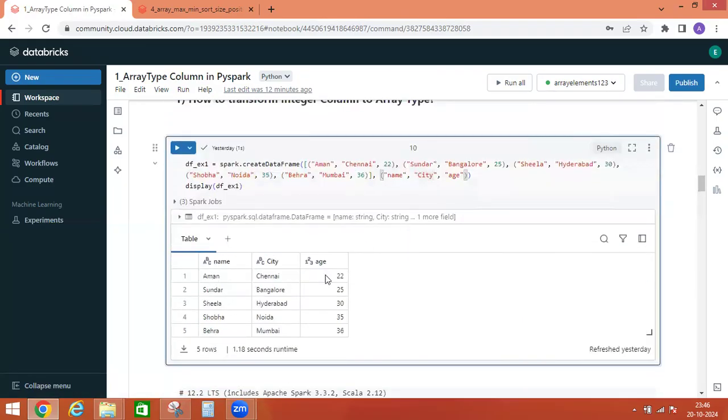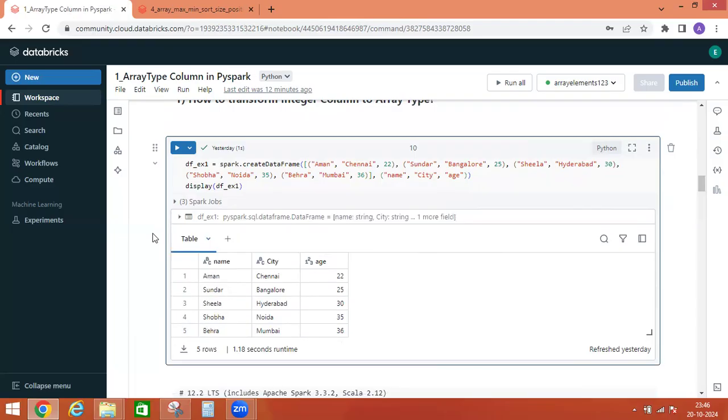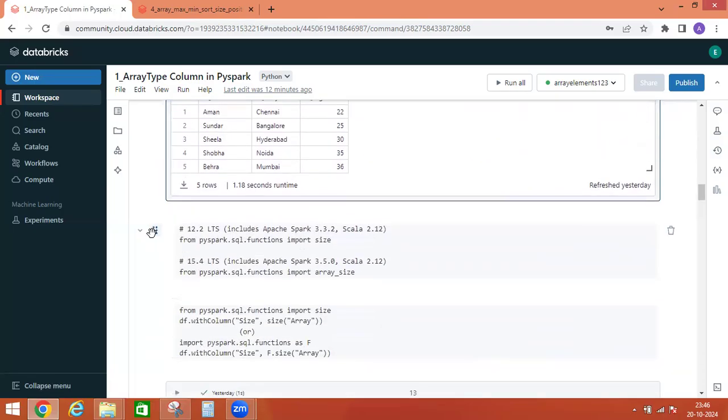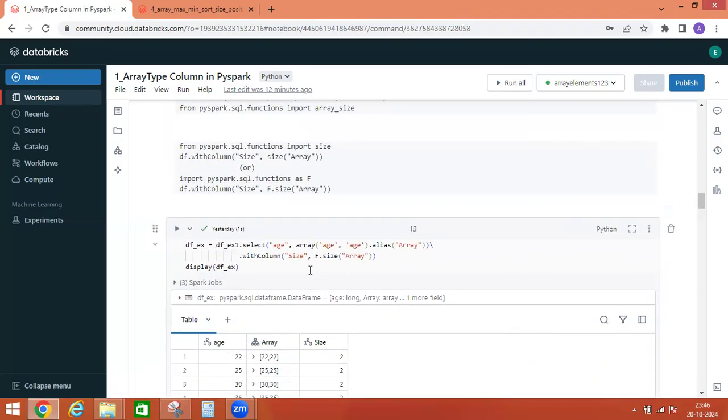Okay, so this is the data frame. I have 3 columns: first name and city are string type, and age is being read as long. Okay, by default it reads as long, not integer. So this is my data frame, and here what I'm doing is first I'm using the select function